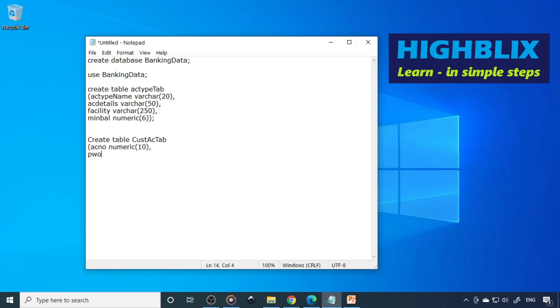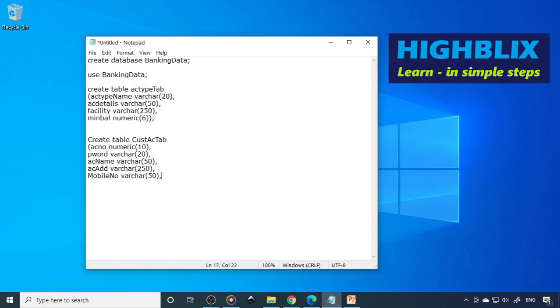And password: what password they want for their account. So 20 characters. Then account holder name. This is varchar of 50. Then you have to take the account address. Again this is varchar 250. Then they have a mobile number. Mobile number, let's take varchar only.